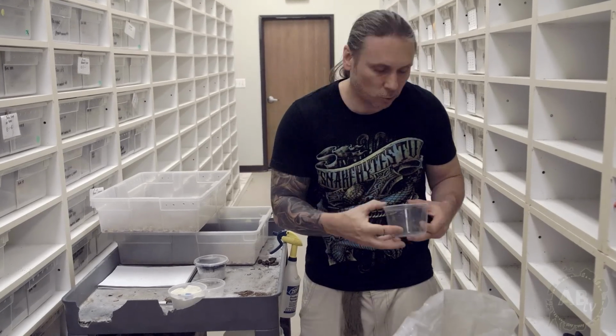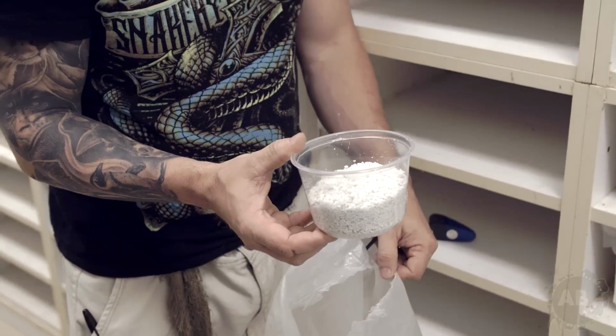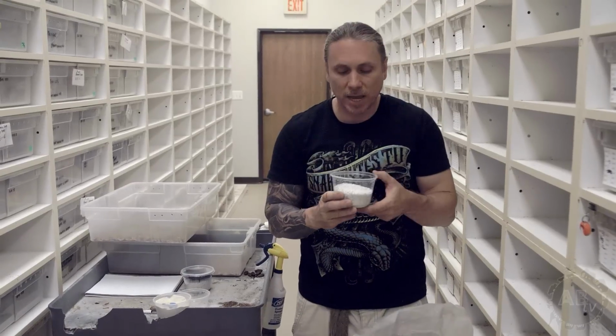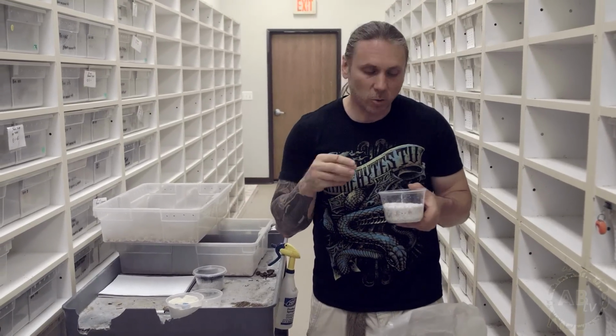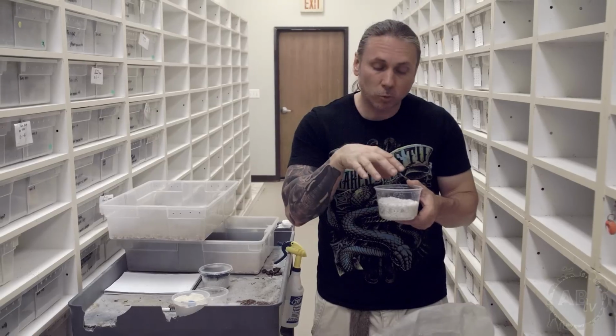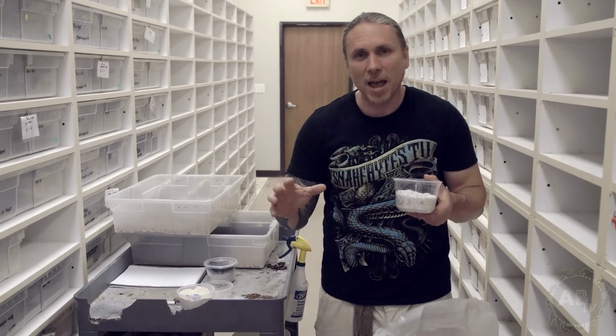We just use Hatch-Rite. That's just always been the kind of medium that I personally like. So I put about this much Hatch-Rite in the bottom. Now, the thing that's cool about Hatch-Rite is that you don't have to add anything to it. So it's kind of like a perlite type of substance, but it has a water isomer built right into it, so it keeps that humidity up, which is great because you just open the bag, you put it in there,